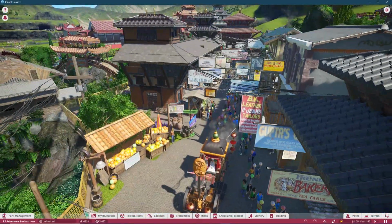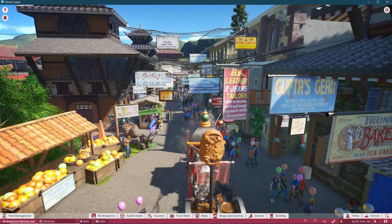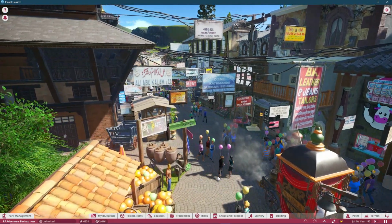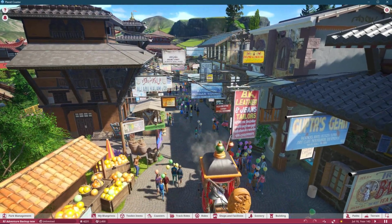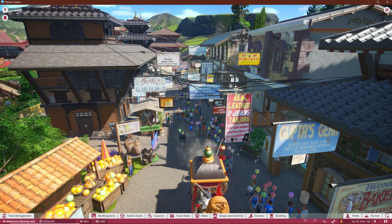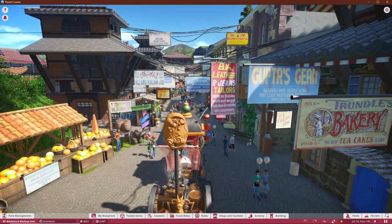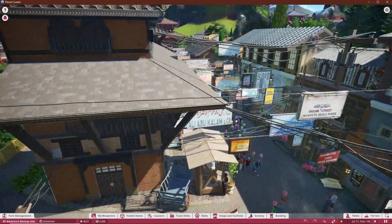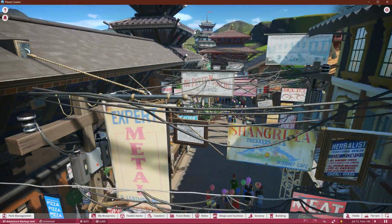Moving back over this way, here's the main bustling street of Kathmandu. I guess I could count how many signs I have here. There's maybe like 40 signs I put in, if not more. These are all billboard signs one way or another, and I use different methods to hang them, either by post or by cables or ropes. I have some flags behind the signs. That's why you'll see some fluttering of color on some of them sometimes. And I did that mainly just to get the flagpole, to get some variety on the signs. Some of these signs are pictures I took at Disney's Animal Kingdom, some of them are pictures I found on the internet, but I tried to make them all very Nepal writing,